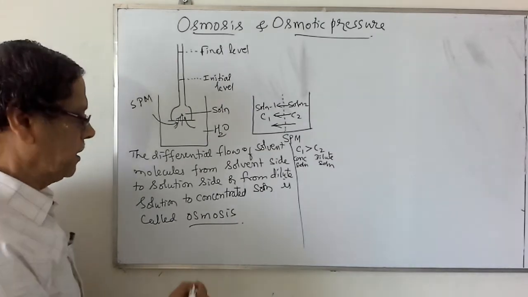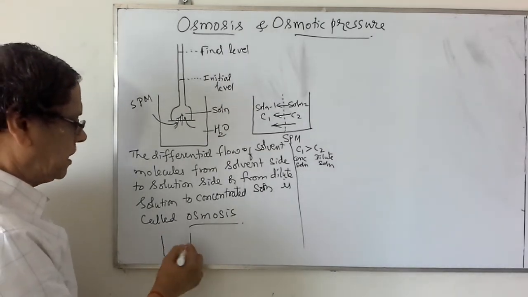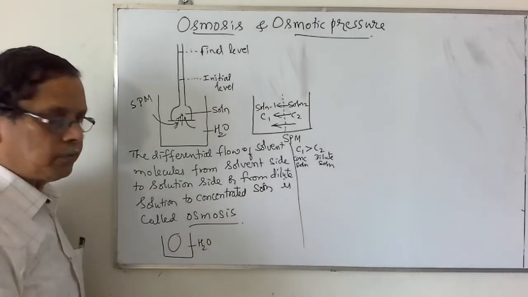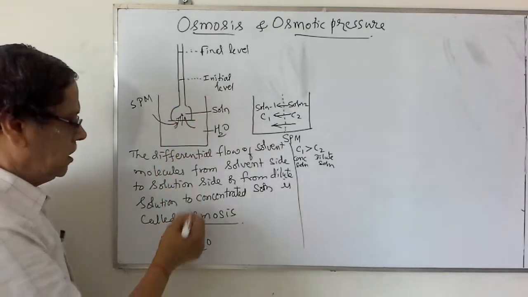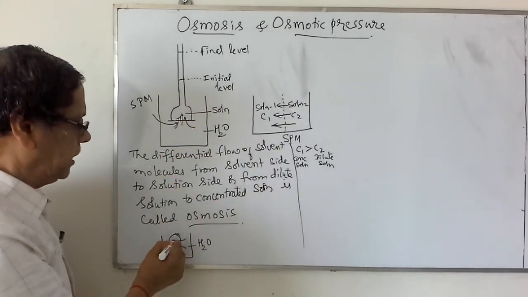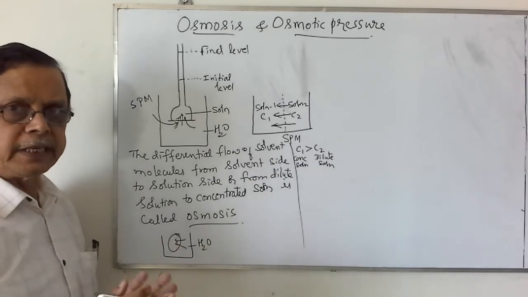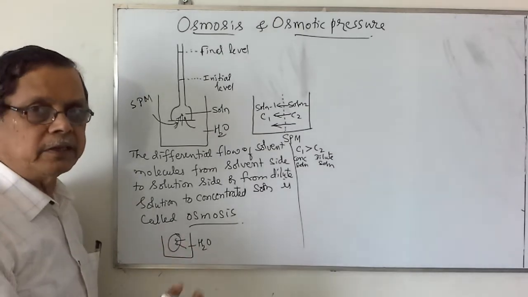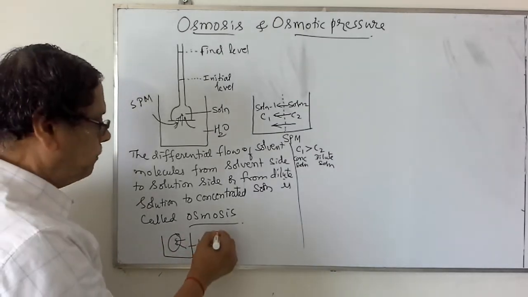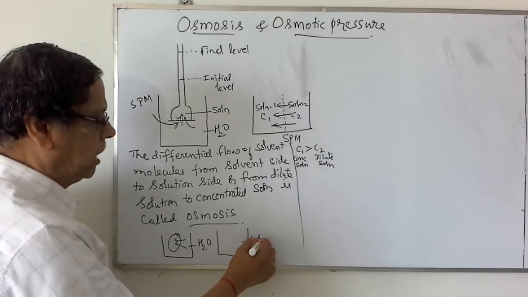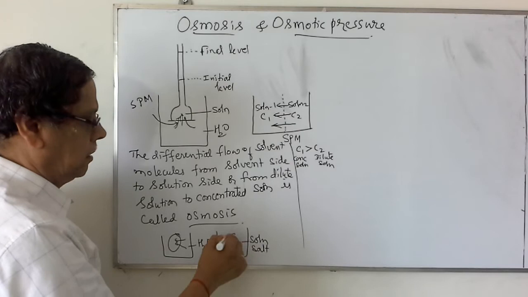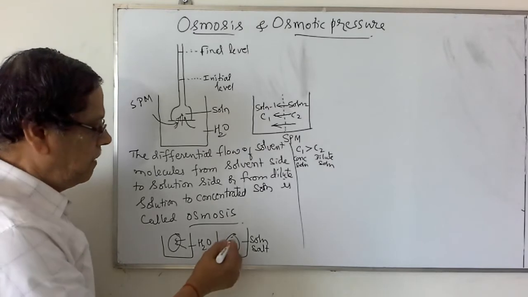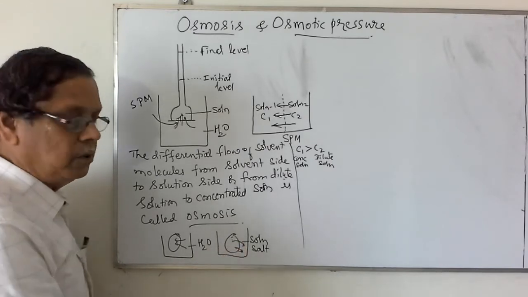Now let us see some examples. Suppose I take one vessel with some water, keep an egg inside this one. Because of this osmosis, this water molecules from outside will enter into this egg. After some time, maybe 1 or 2 days, it may take time, we observe that this egg gets bulged. If you keep the same egg in a salt solution, then we observe that this actually shrinks because of the movement of the water from inside to the outside.